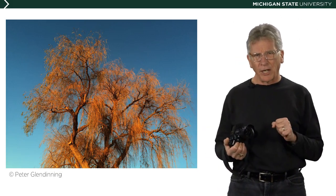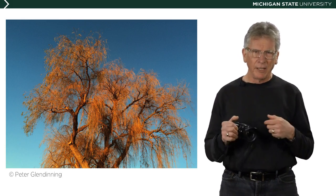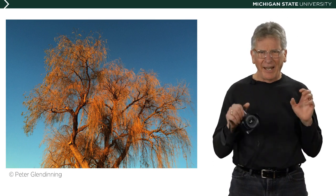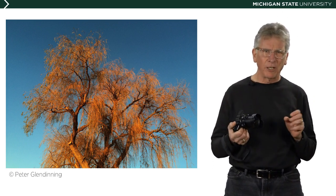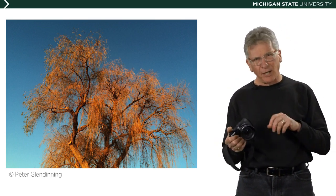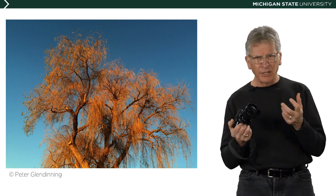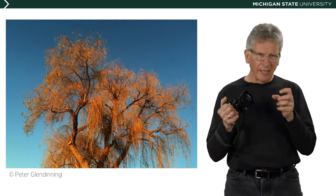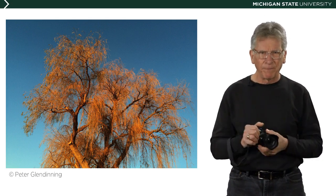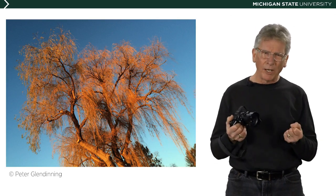So I made that first shot, and then I said, oh, let me get a little bit closer here. Let me move in and walk up to this tree. I just wanted to get near it anyway. It was just so beautiful. And I found that there was a potential for sort of a balance between abstraction and reality when I raised my camera and looked at a different vantage point and framed something else in. And just looking at the top of the tree and seeing that color now isolated from everything else except for that blue background, I thought it was kind of an interesting picture, but wasn't quite what I wanted,